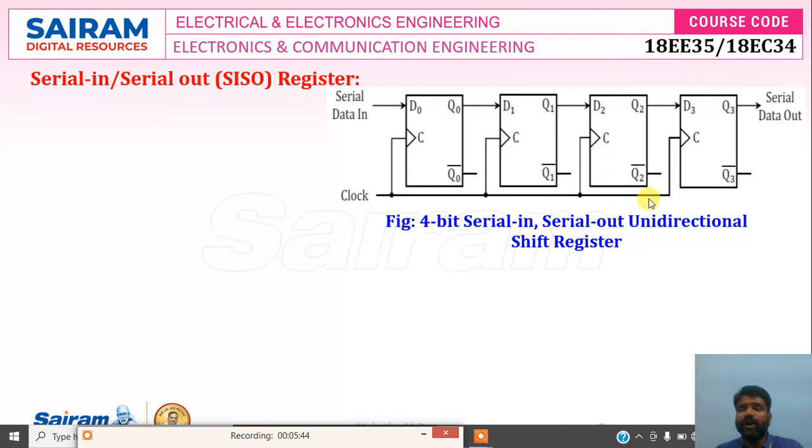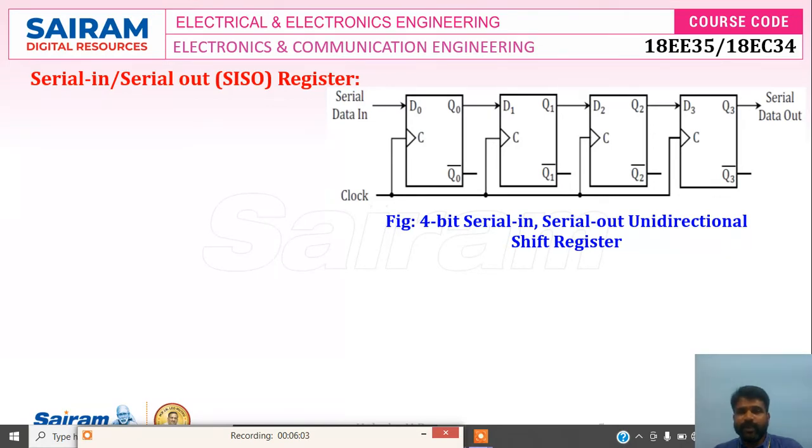That means all are synchronized with the common pulse. The flip-flops we use here are D flip-flops. This is also called a data flip-flop. Whatever the input is, that will be stored in the flip-flops. Hence we prefer the data flip-flop.